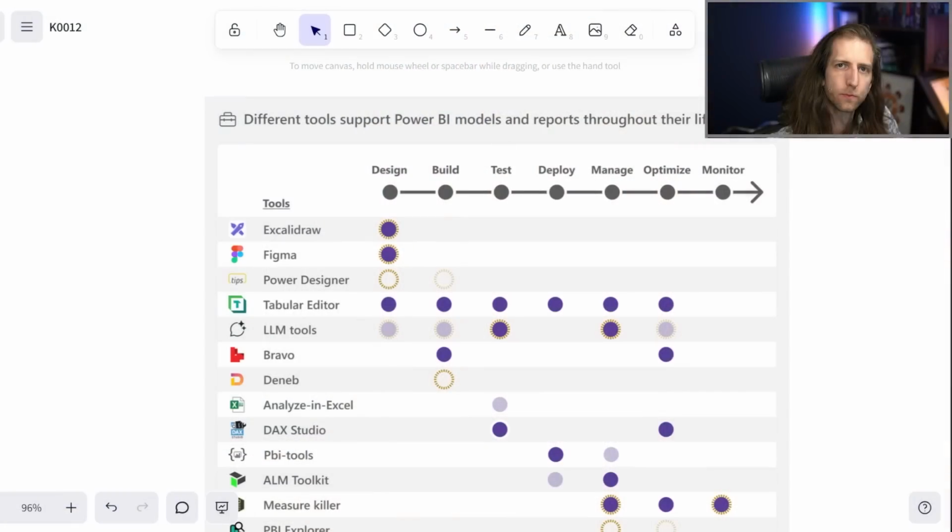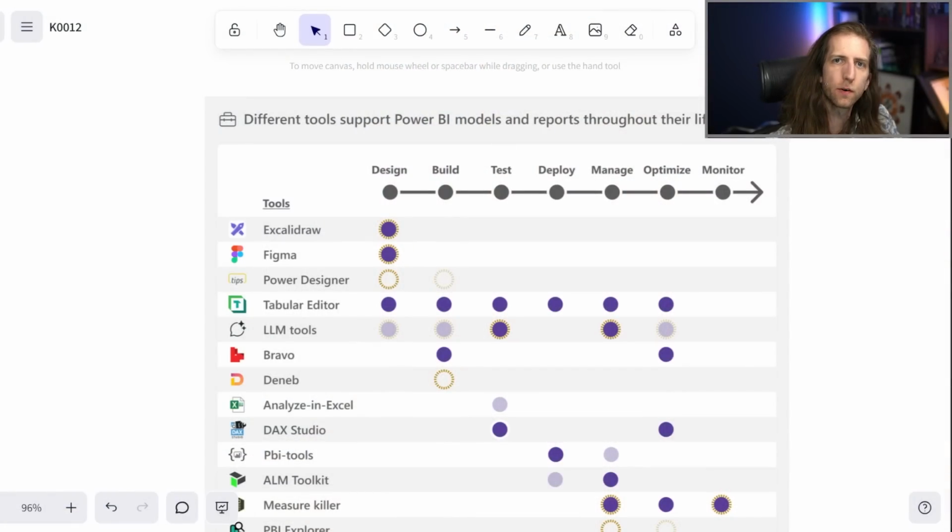Basically, these tools exist to support you in specific tasks and challenges that you're running into as you're doing your development. Like I said, there's going to be other tools that support you more generally, but still, often those tools are intended to support you when you need some kind of performance benefit or you're trying to really get the absolute most from your model. For example, when your models are very sophisticated and complex, or when your skills as a Power BI developer, as a semantic model developer, reach a certain level that you really want to streamline and optimize everything in your workflow. So what we're going to do is walk through some examples of some of